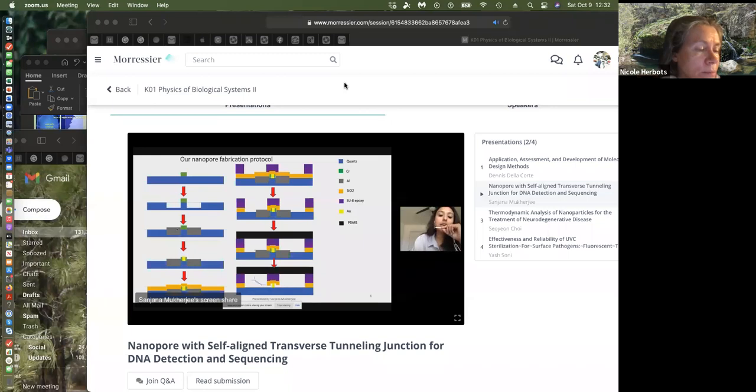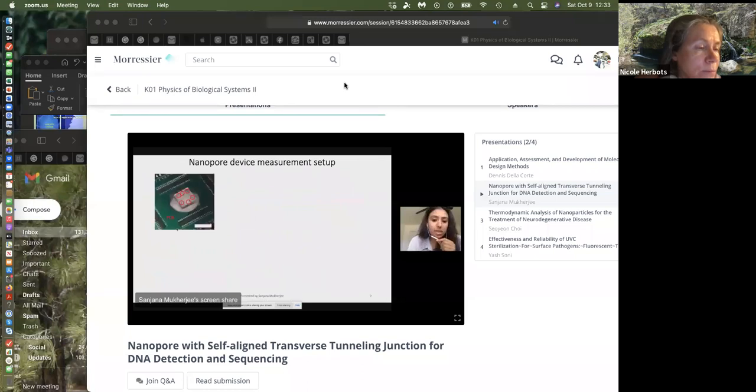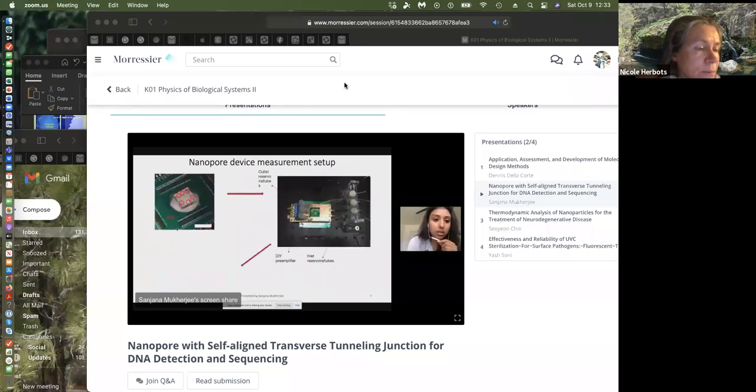And you can see that's how, if we lodge the DNA in the left chamber and drive it across the cavity, the nanopore, it will reach the other side through a nanopore. So once the device has been done, we bond it on the PCB board. We set up our electronics. We connect it to the tubes, the macrofluidic reservoirs, and the last one is the setup for the electronic circuit